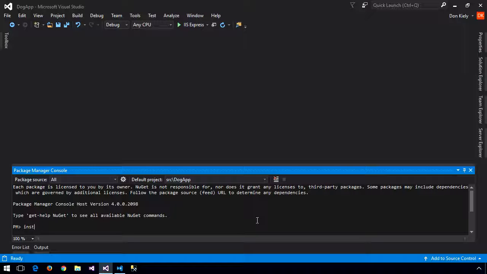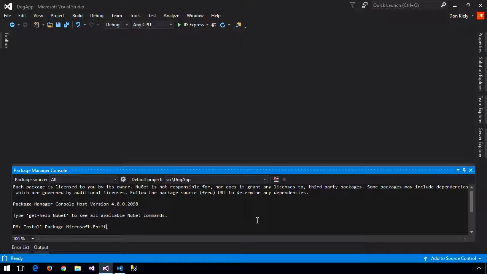All right, so what I'm going to do is type install-pack, and the full command is Install-Package. But I want to show you that I can hit the tab key, which I just did, and it'll go out and give me a list of all of the available commands that I can use within this context that start with install-pack. All right, so it takes a few moments to load that, and then I can hit tab and I have the full name of the command. So if you know it's called install something, you can type in install dash and it'll give you a list of the available commands. Okay, and then the package that I need to install is Microsoft